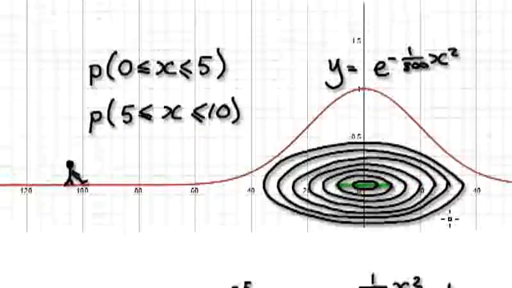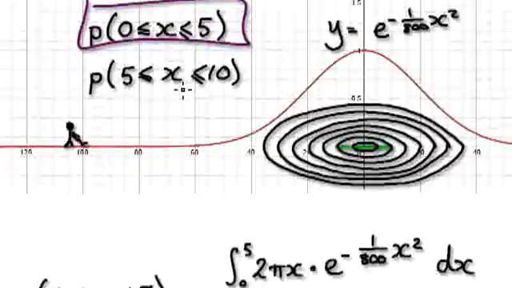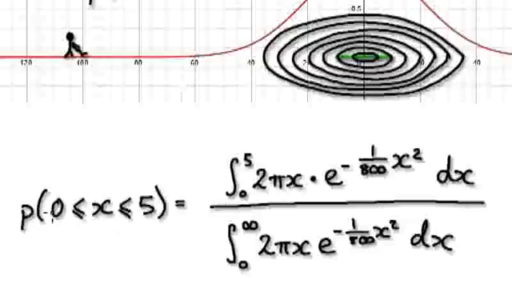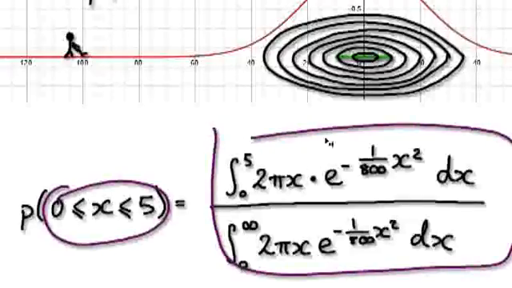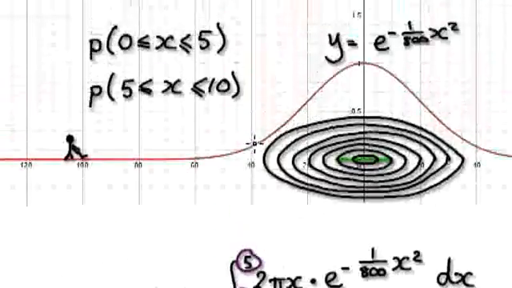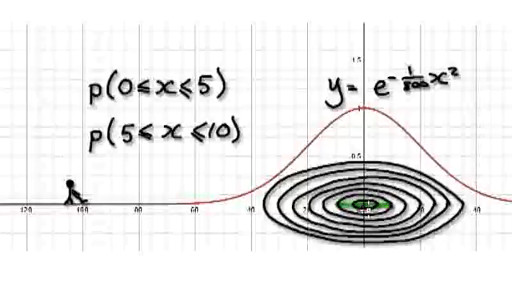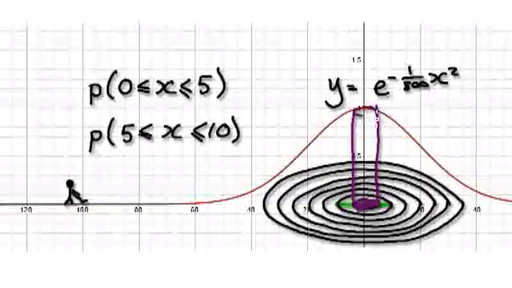So our normal routine here would be to work out the probability of it landing within this region. So we would do this. So the probability of it landing within this region is given by this. So when you look at this, the first one will be from 0 to 5. So the radius from 0 to 5 is here. We would need to combine the area with the height. So this volume here, if you like,